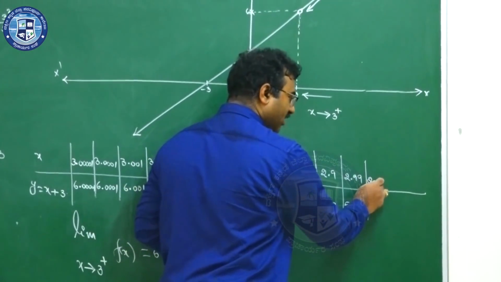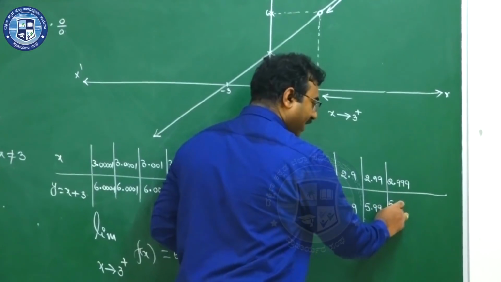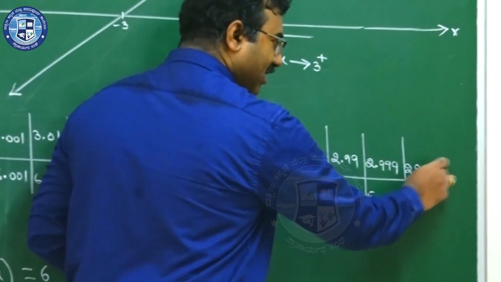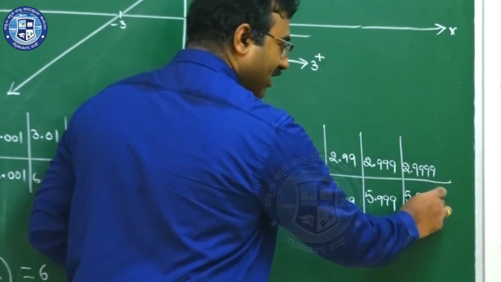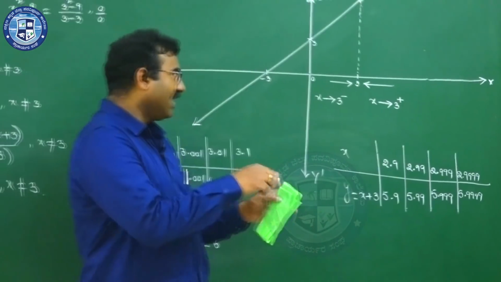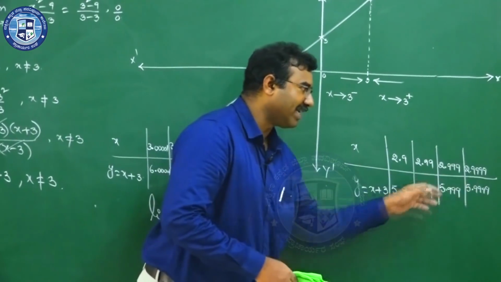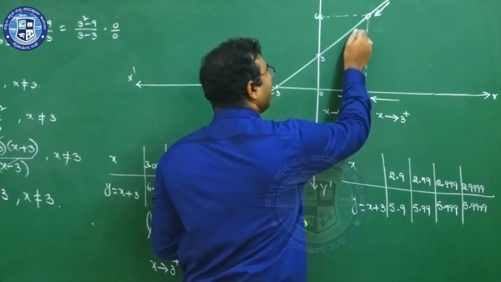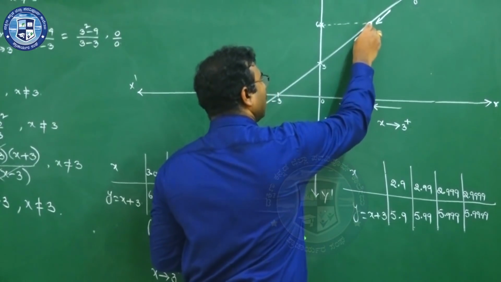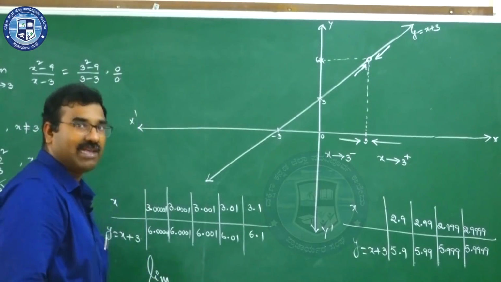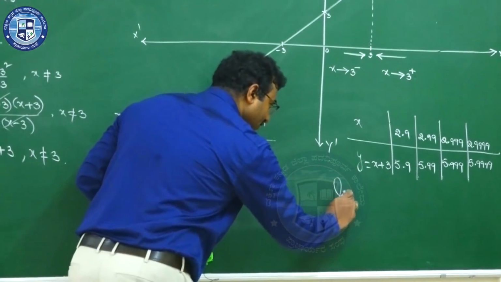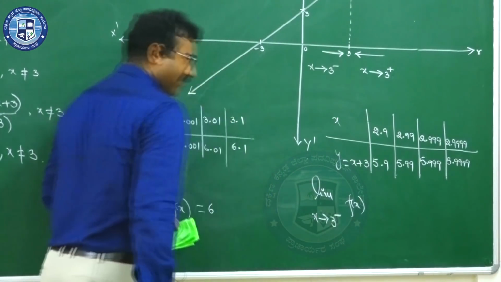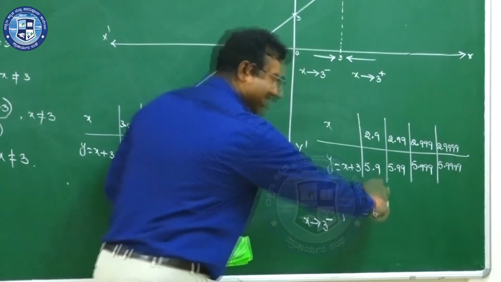When I take 2.999, I get 5.999. And when I take 2.9999, I get 5.9999, like this. That means when the x value keeps on increasing, the y is also increasing, coming close to 6, right. So when x is coming close to 3, the y value keeps on increasing and coming close to 6 here. So what can I write now from this discussion? The limit of the function f(x) when x is coming close to 3 from left is coming close to 6,